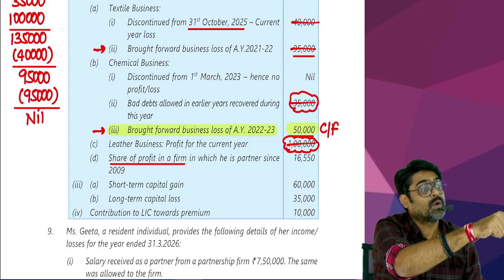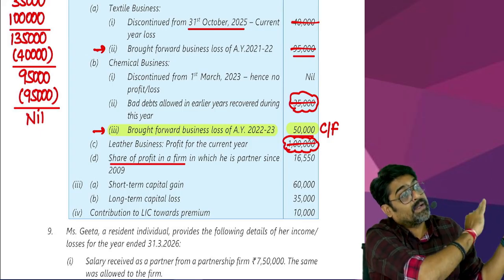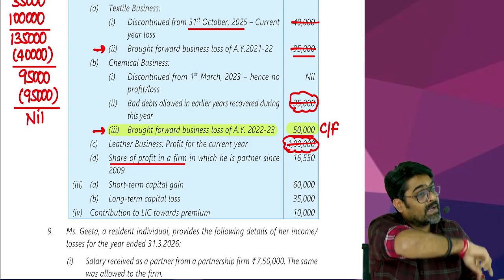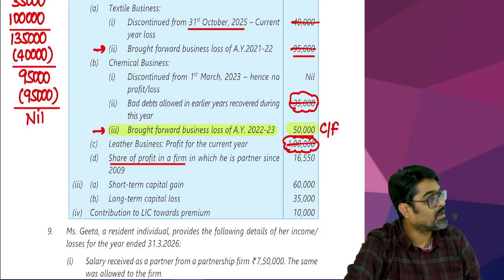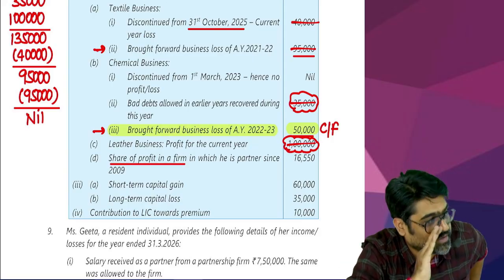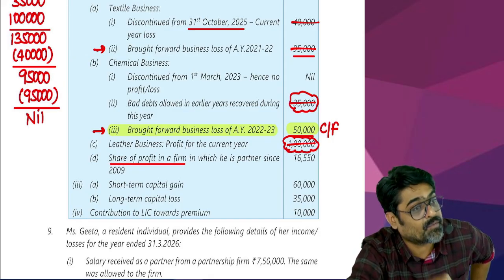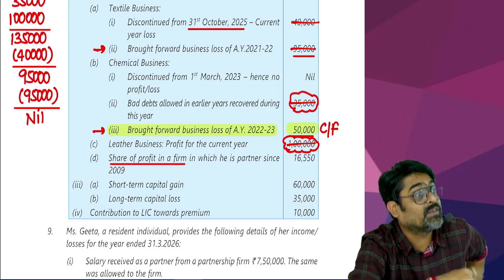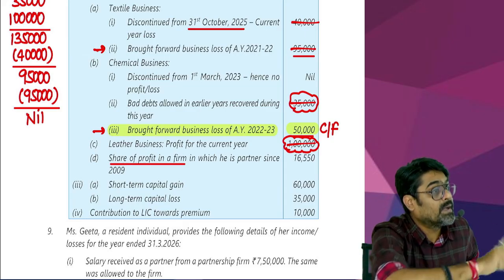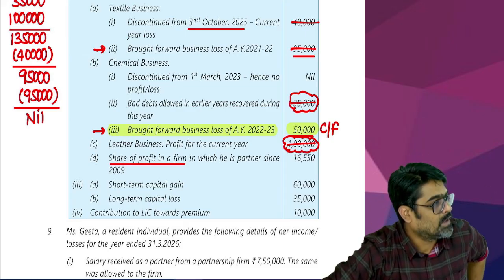Don't you think on the entire profits the firm has paid tax? And from that profit only the firm is giving you your share. Should it be considered as your income? If it is considered as your income, then that profit will be taxed for the second time. Once in the hands of partnership firm and second in your hands also. Hence,